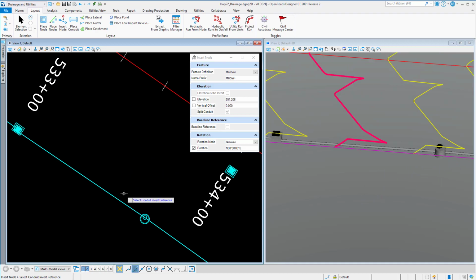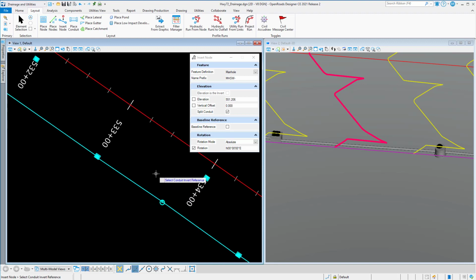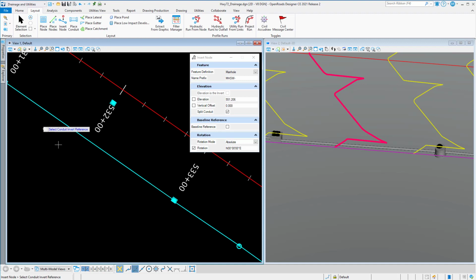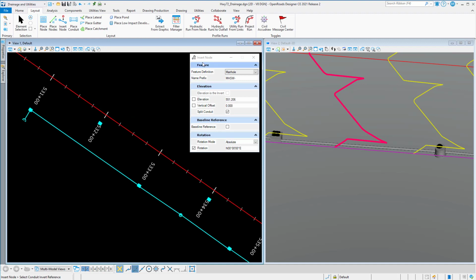So it put that node in there, and because the node has a top elevation point and an invert elevation point, it makes sense to prompt you for those. But in the cases where it didn't, we were still prompting you for the elevation reference, and really you were just putting something at the level of the pipe. So let me show you what happens now. If I were to choose a feature definition that only has one elevation point,